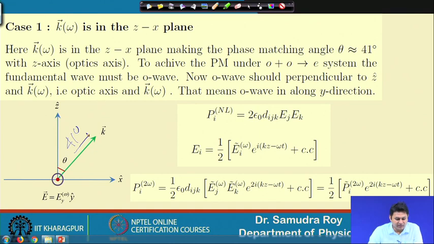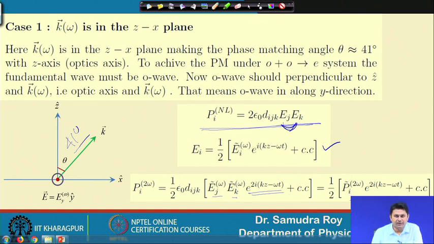And in the last class we found that even though the phase matching is there, there is no nonlinear polarization. Nonlinear polarization can be represented in EJ form like this, where EI is this. If I want to find the second harmonic, the 2 omega term, we need the combination for which I get a 2 omega term. So if I multiply EJ EK, both having frequency omega, I will have a 2 omega term,